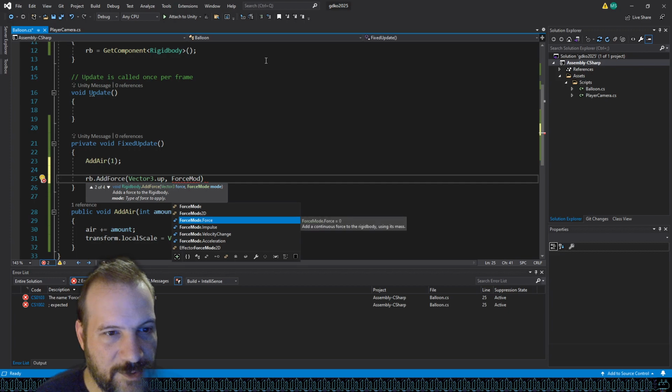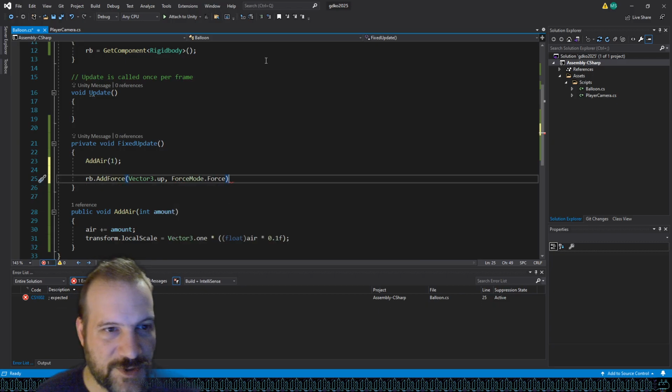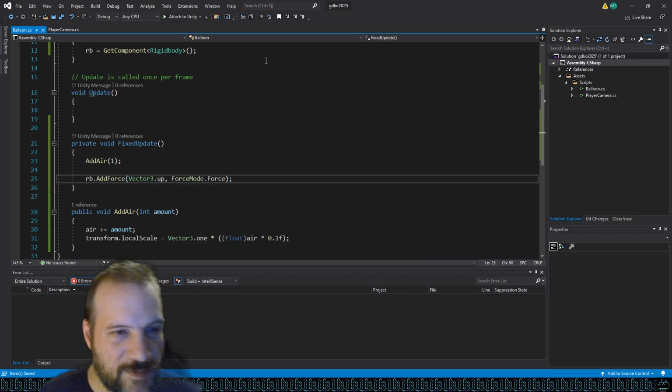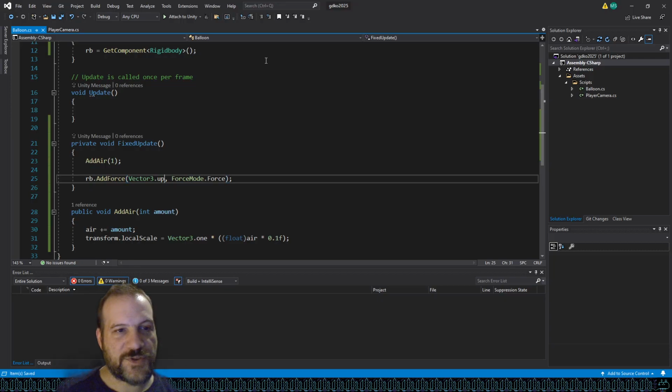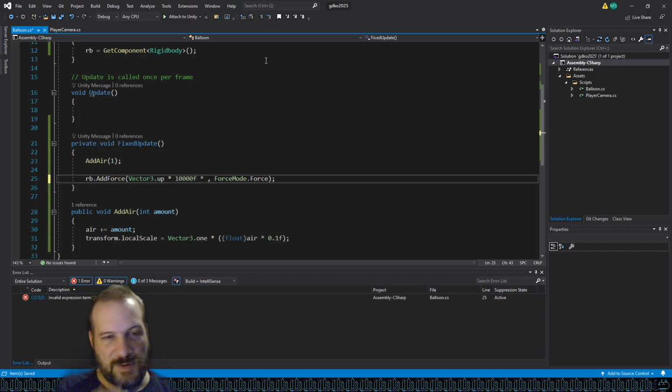Which one is default? This one. Adds continuous force using its mass. Oh, whatever, let's see. So this times 10,000 up times